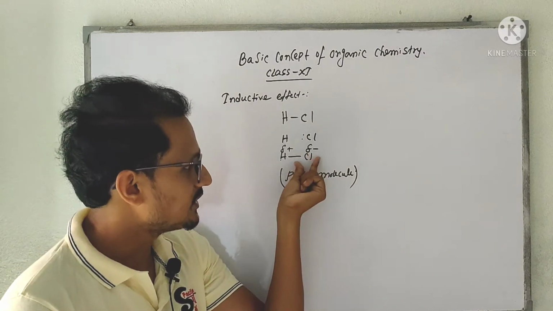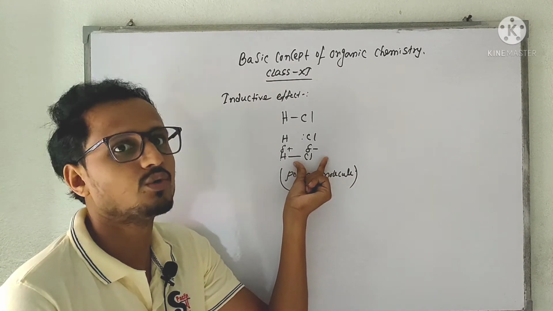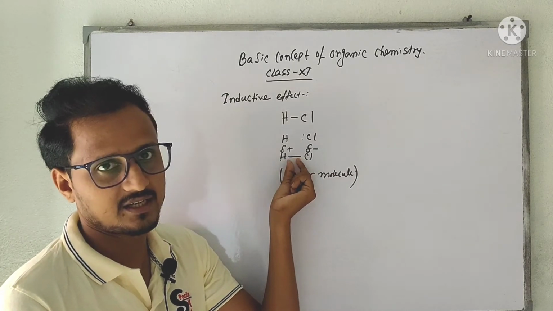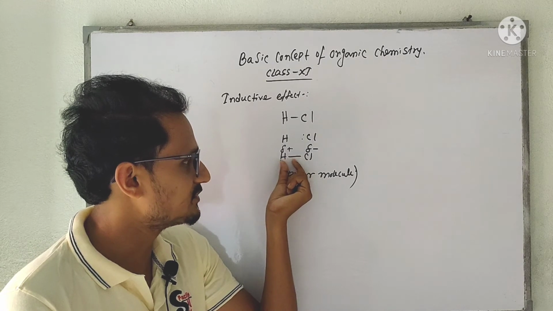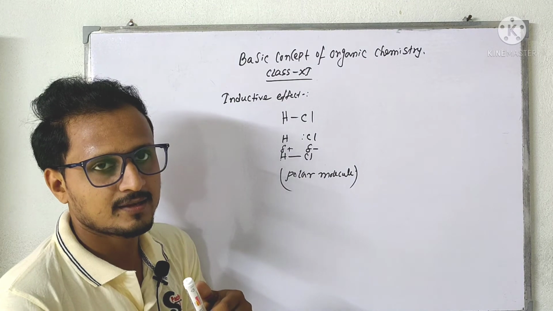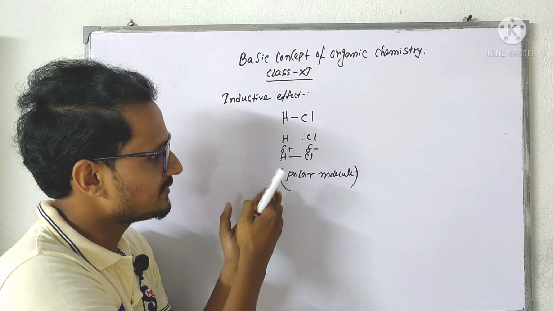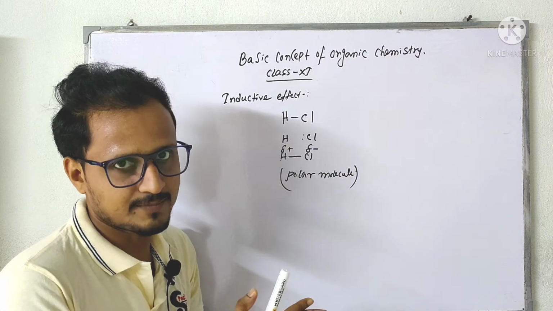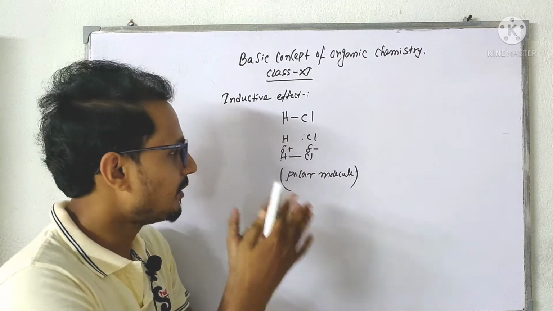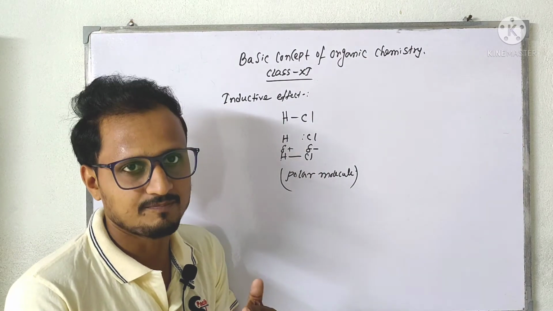Now here chlorine has a minus I effect. Chlorine has more electronegativity, so chlorine is pulling the electron density from the bond which is there between hydrogen and chlorine. So it is forming delta minus and delta plus. Okay, so this is the concept of electronegativity and the concept of inductive effect. So inductive effect is nothing but the tendency or effect by which the bonded pair of electrons shifts towards a certain atom within a molecule.